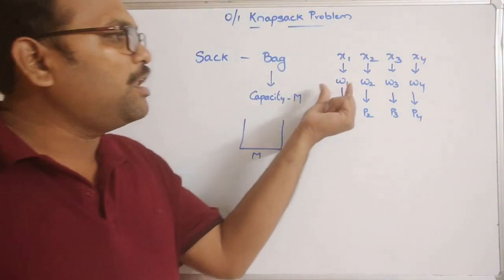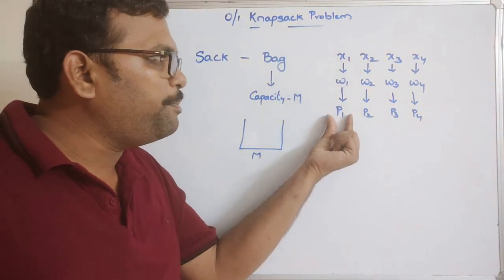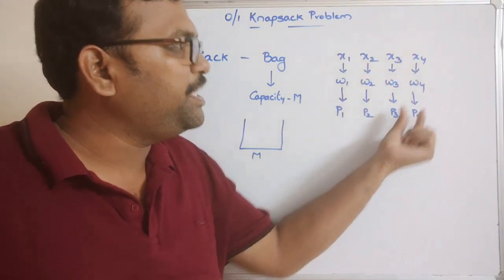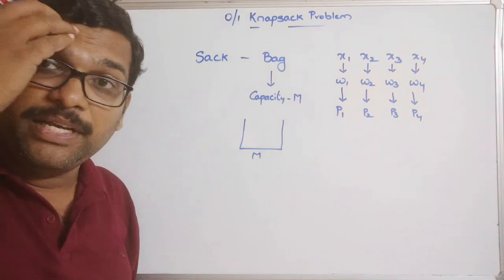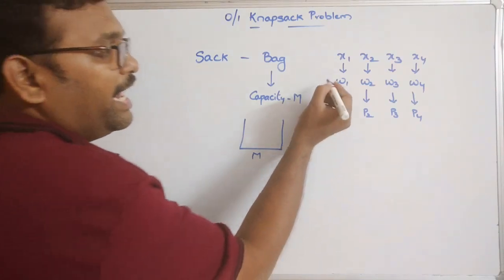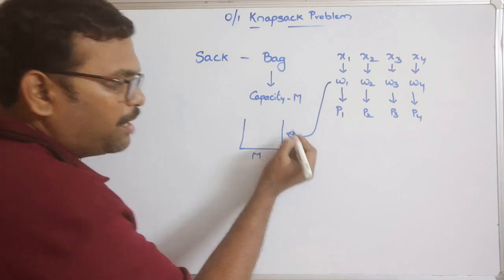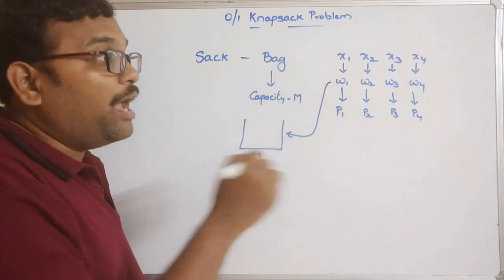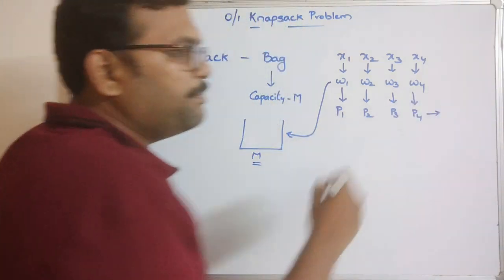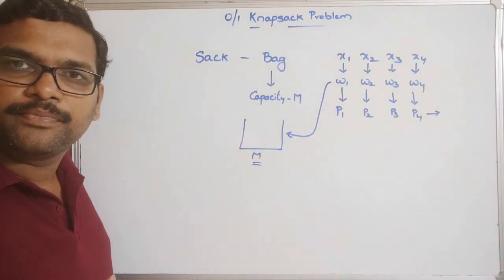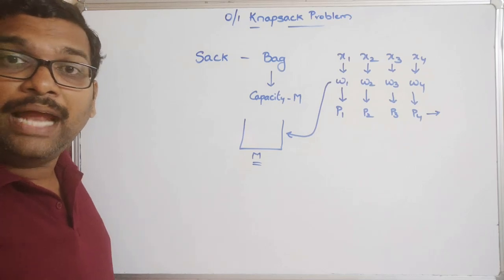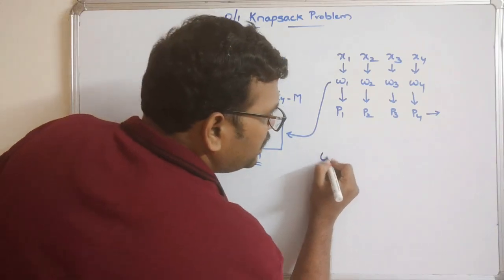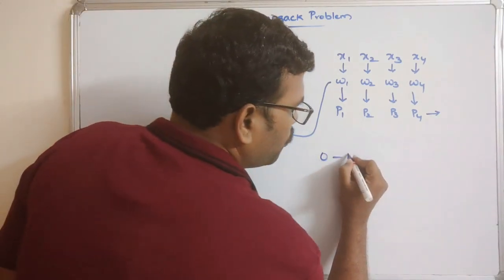So with this particular X1 we'll get a profit P1, with object X2 we'll get a profit P2, X3, P3 and X4, P4. Here the problem is we have to arrange the weights into this particular bag so that it does not exceed the maximum size, and we need to get the maximum profit. That is the problem. And why we are calling it 0 and 1? Here 0 indicates no move